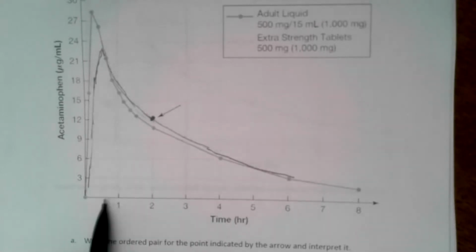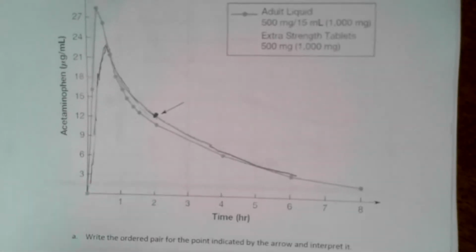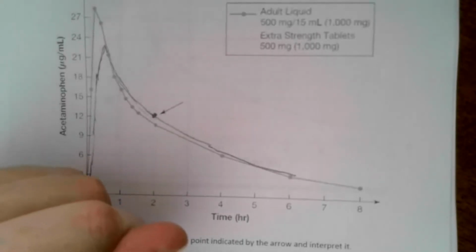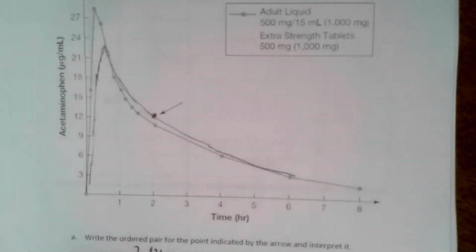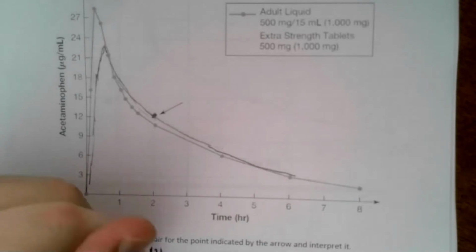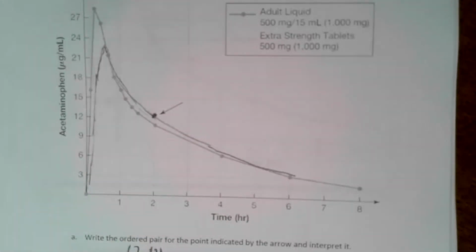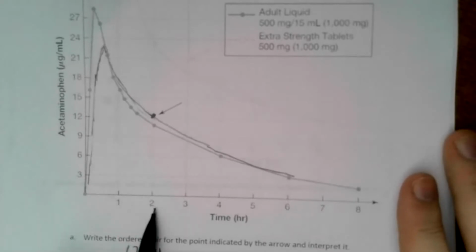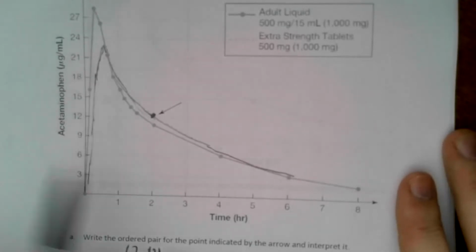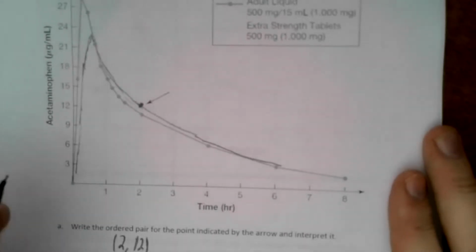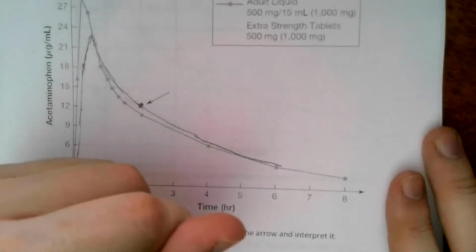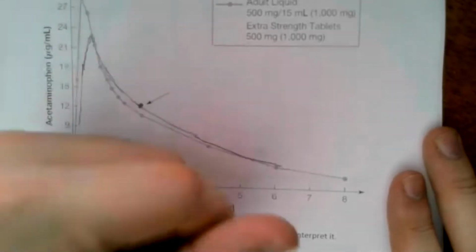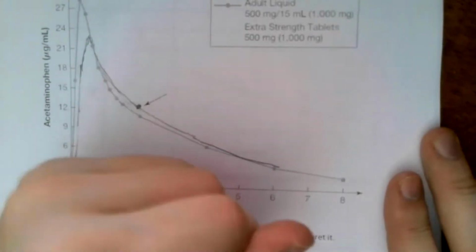So we look at the x-axis first, and then we look at the y-axis. So it's on 2, 12. Okay. And what does that mean? Well, it looks like 2 hours in, there is 12 micrograms per milliliter of acetaminophen in this person's bloodstream, right? So after 2 hours, there is